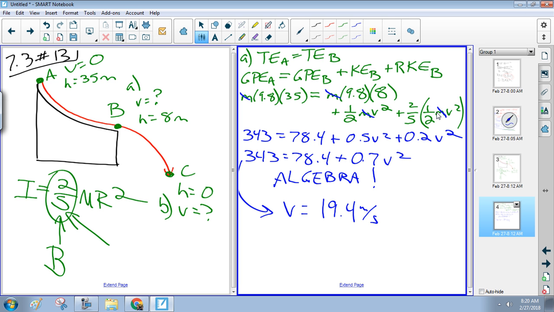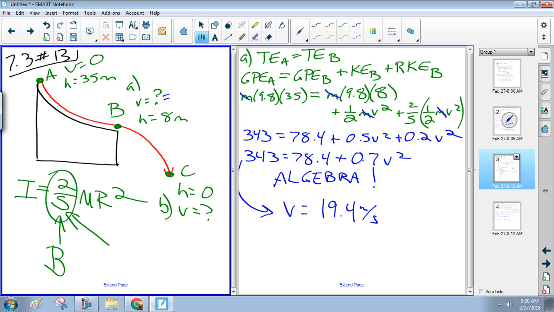Gotcha. So that works if you want to do that, but then you need to make the height here 0. And then what would be negative height for the next part? Exactly. All right, everybody good? Okay, cool. So we know the velocity here. It is 19.4 meters a second. All right, anything else before we go on to part B? Okay. So the trick with part B is